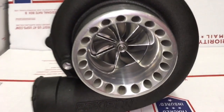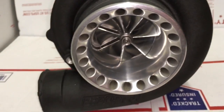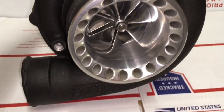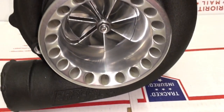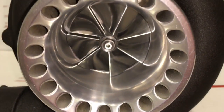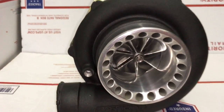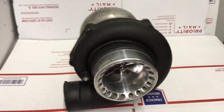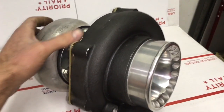Here's a Precision 6262 that I did a rebuild and an upgrade for. I converted it over to a 6766, but the compressor wheel that I use is a T67, which is 66.6 by 84 millimeter and tapers to 90. So the compressor wheel that I use for this one is the same as the GT35R,